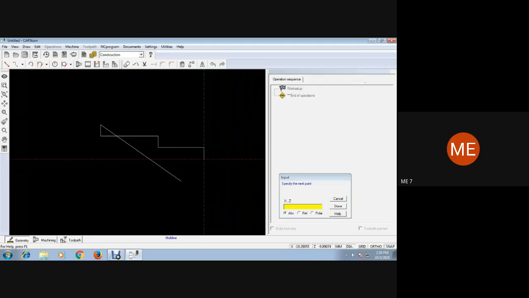So enter all the coordinates one by one. Yes, so we have drawn one half of the portion that is required.